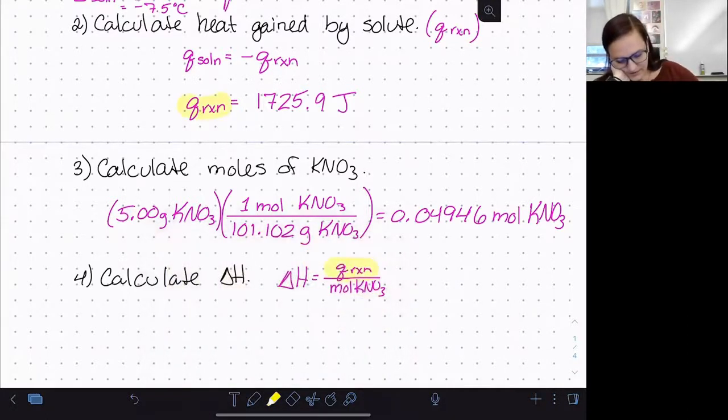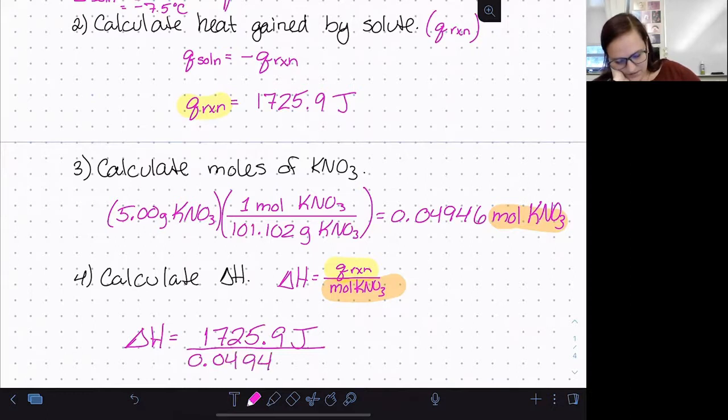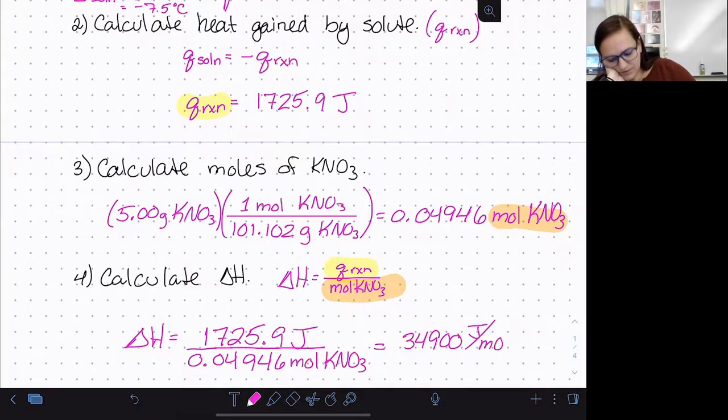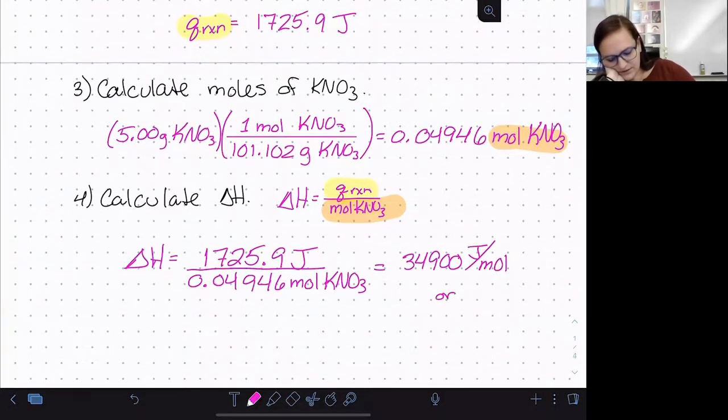So now we have our Q, we have our moles, we can plug in and find the delta H. So our enthalpy change for this process is going to be 1725.9 joules per 0.04946 moles of KNO3, which comes out to be about 34,900 joules per mole, or you could convert that to kilojoules,